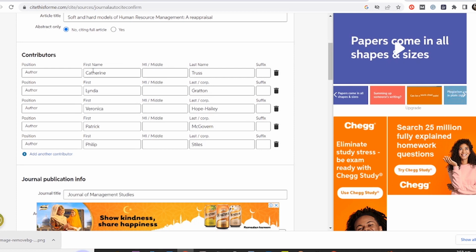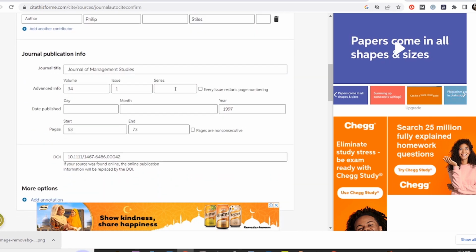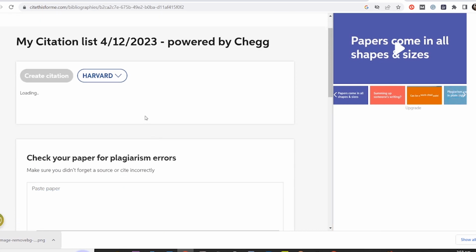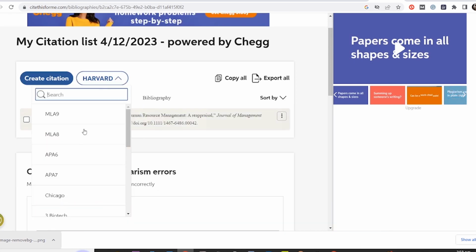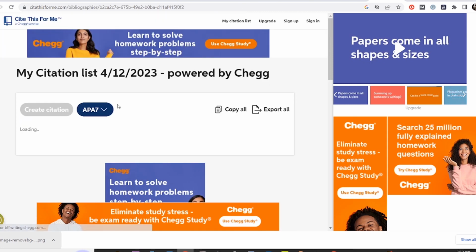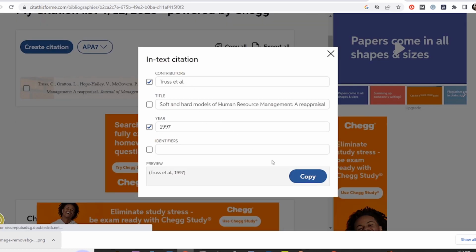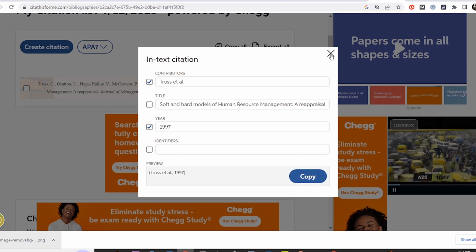So this is the journal title, this is the volume, the start, and this is the DOI as well. And then I click on complete citation, and then it's going to generate the citation for me. But this is actually in Harvard style, but Chester goes with APA 7th format, and then this is the APA 7th format citation. So I can copy the in-text citation, which is TUS ETA 1997. This is it, and then I can copy it and then put it in what I've paraphrased, and then I can also copy